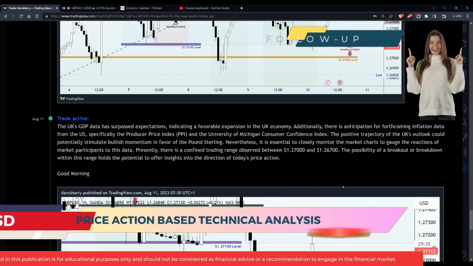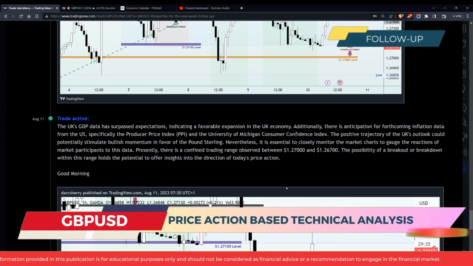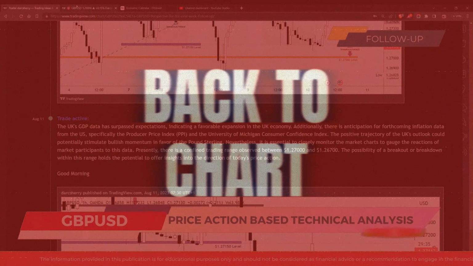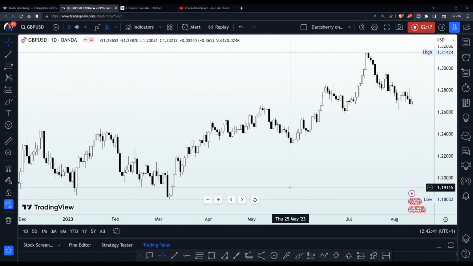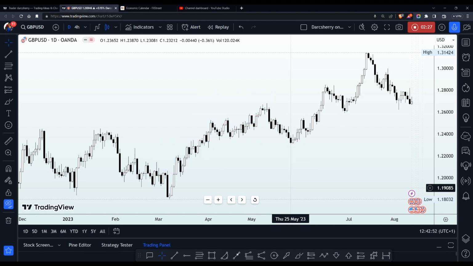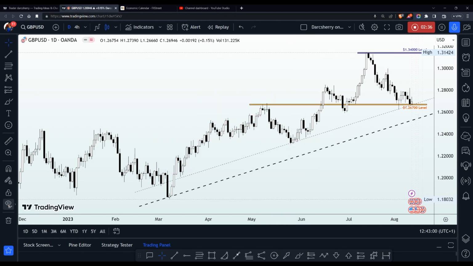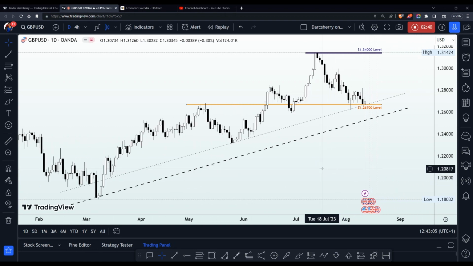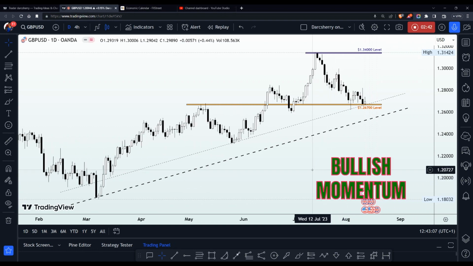With our foundation in place, let's dive straight into the art of the matter. To prepare ourselves ahead of the new week, I want us to revisit the daily time frame where I want us to look at things from a long-term perspective. So, on the daily time frame, the first thing I was able to observe here is the fact that price action has remained bullish at least in the last